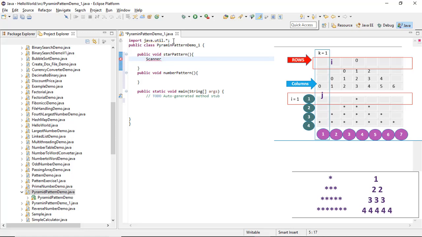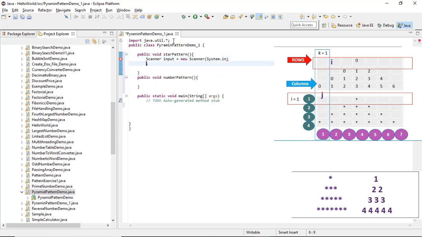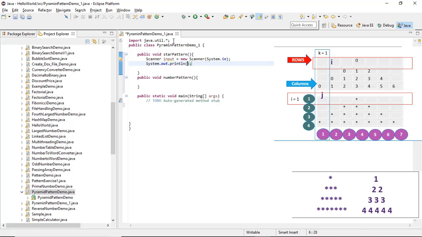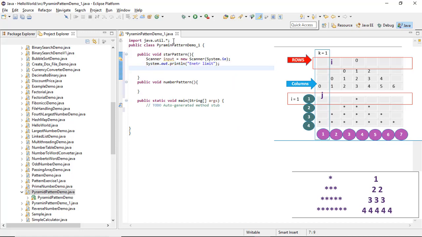So Scanner input equals new Scanner(System.in). Next, System.out.print and enter the limit,